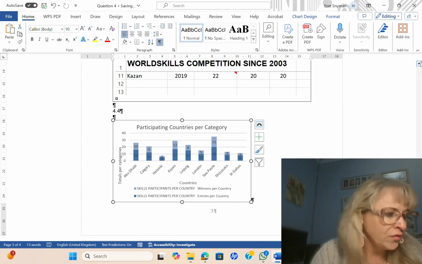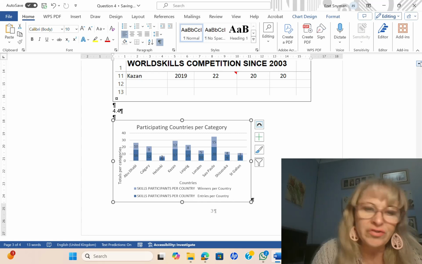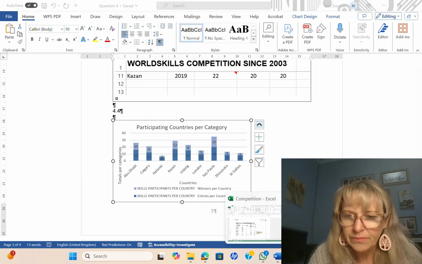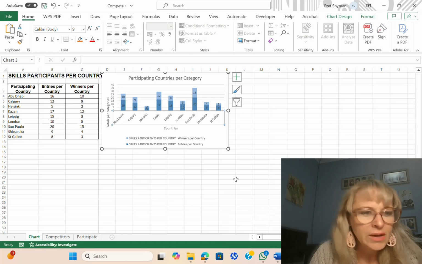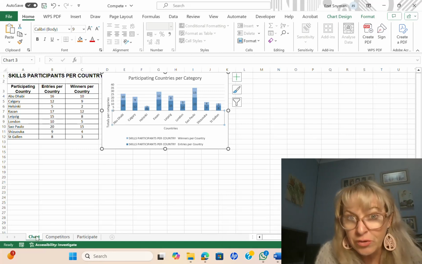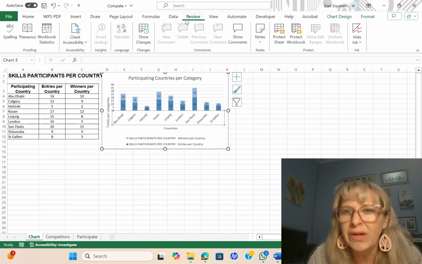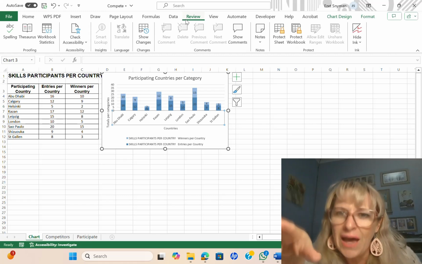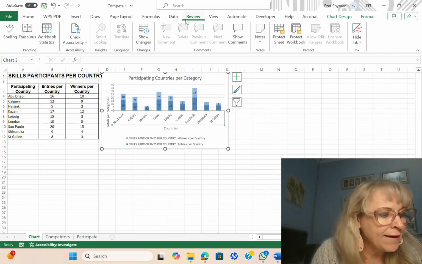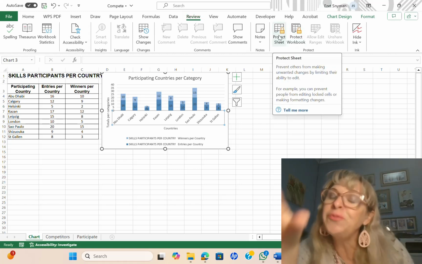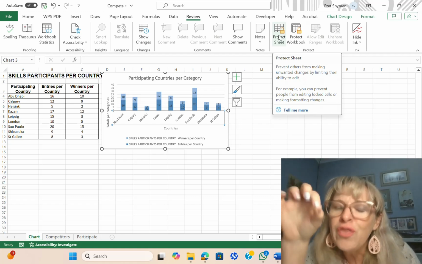4.4. Then 4.5. Now they want you to edit the worksheet as below. Protect the chart worksheet with the password. I just want to go back to this one. Protect the chart worksheet. So you're still on the chart, the first worksheet. And we're going to go to, sorry guys, I'm a bit rusty, the review tab. So there is, in the protect box, it says protect sheet. Now you must be very careful that you click on the right option.